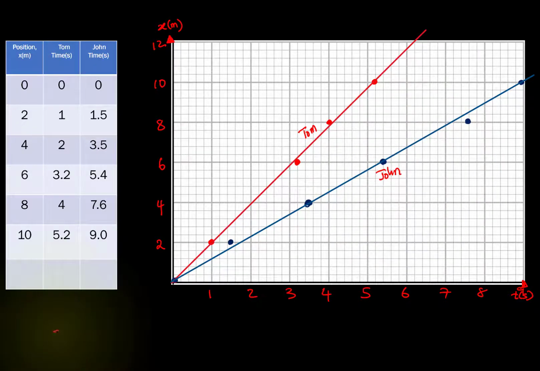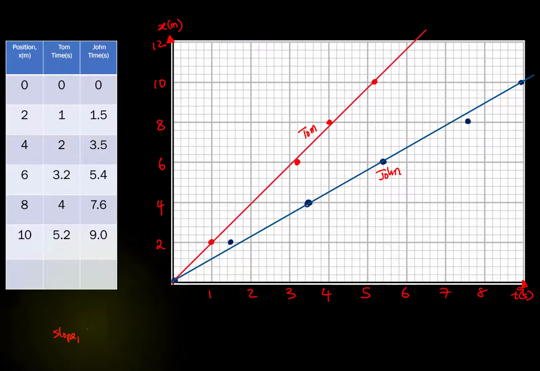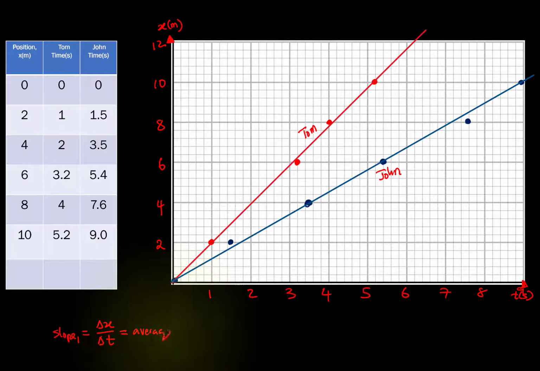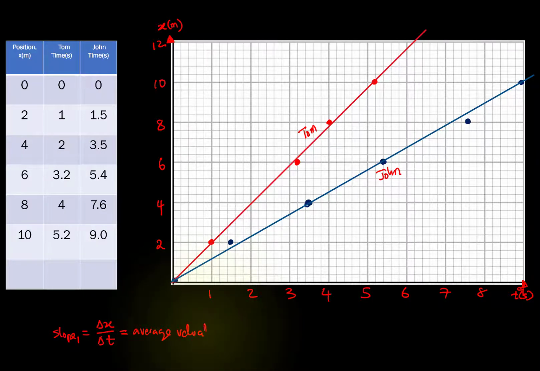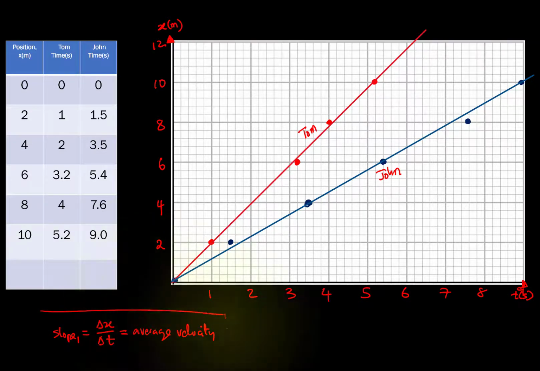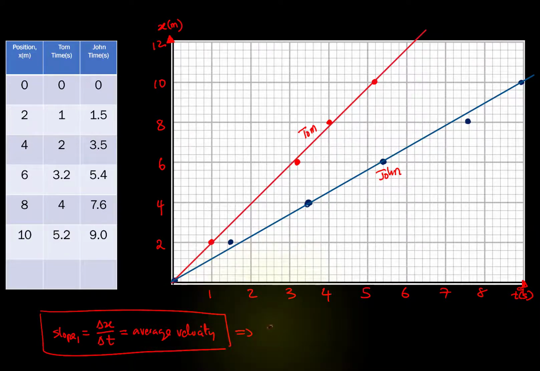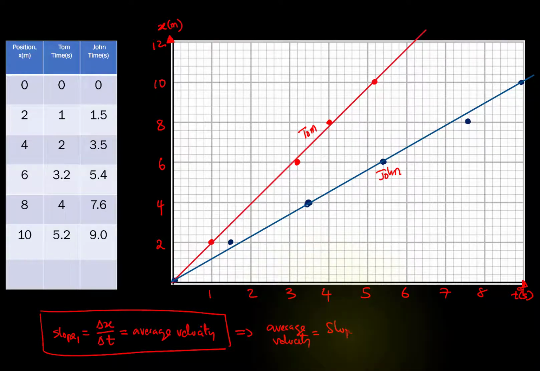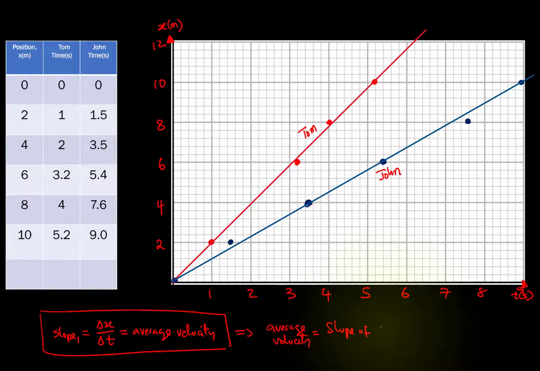The slope of the graph is essentially defined as the change in the y-axis divided by the change in the x-axis, which essentially is equal to the average velocity. In other words, this is an important result. This means that average velocity